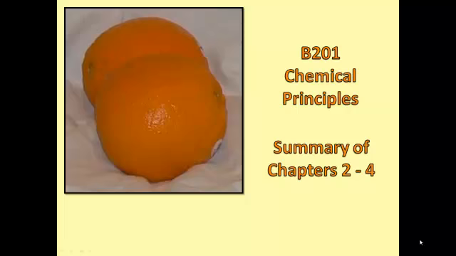Chemical Principles, a summary of chapters 2 through 4. Now, most of you don't have these chapters in your textbook. Don't worry, I'm going to give you a summary of chapters 2 through 4 and everything that you will need to know to do well in understanding chapter 5, which is in your textbook, and to do well on the